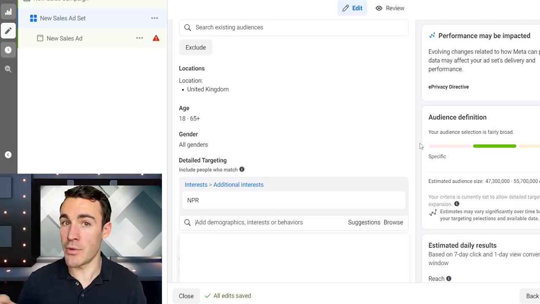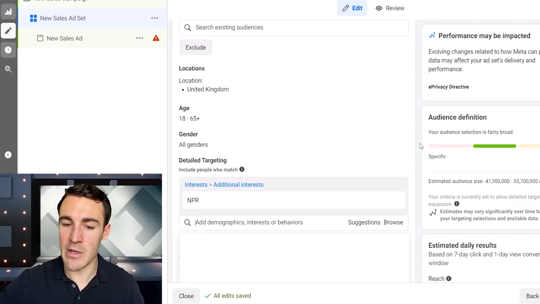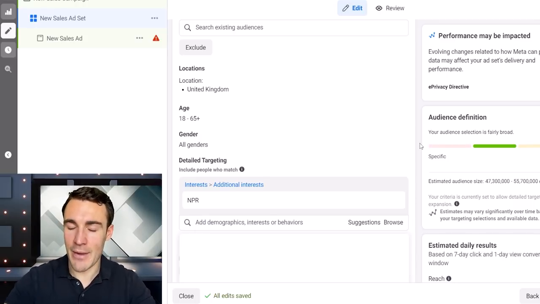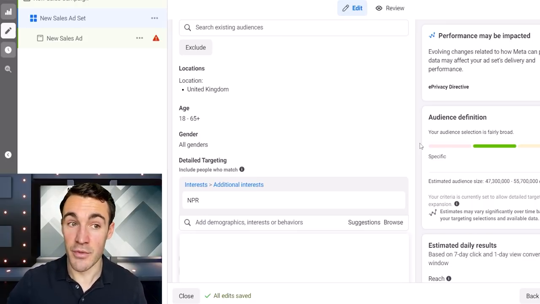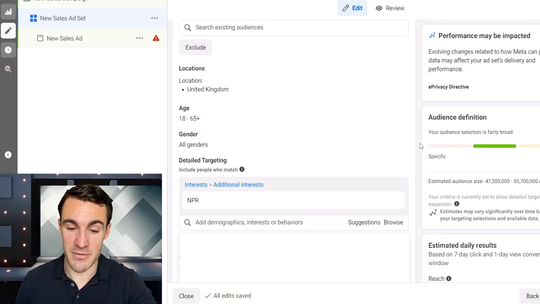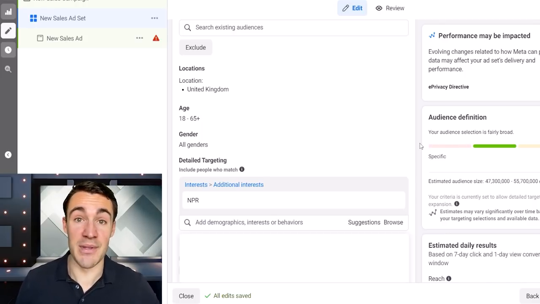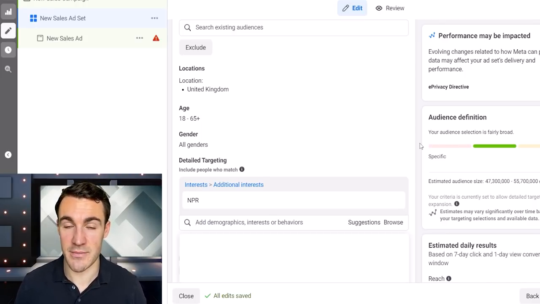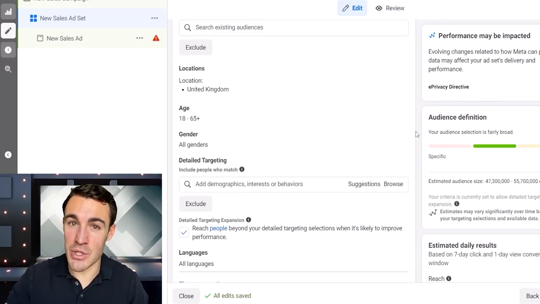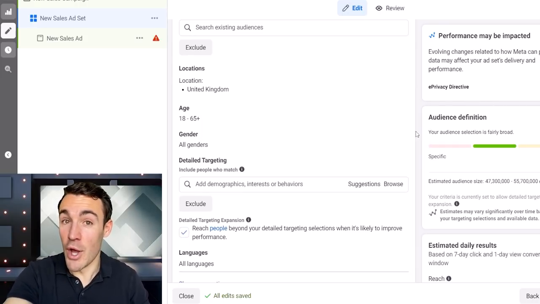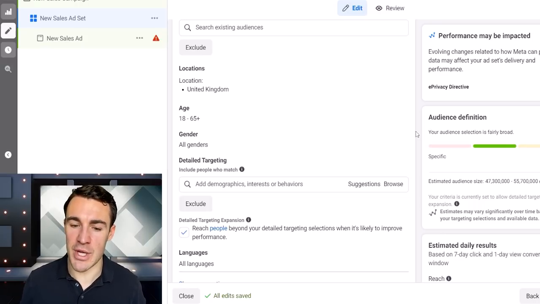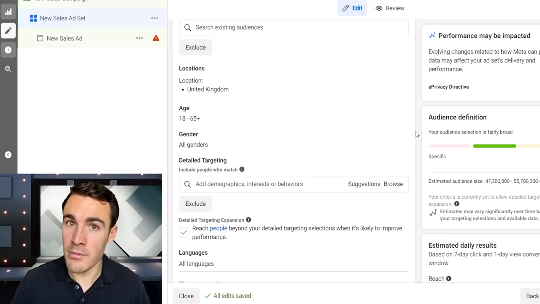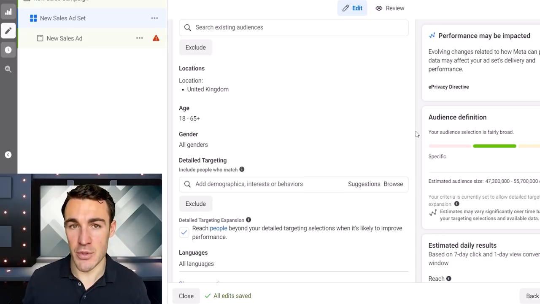And if you know your audience well, you know what media they consume, definitely worth creating some ad sets, breaking out a few different options and testing them. You don't have to spend a lot of money on them, but it may just be the solution for your business in terms of recovering results you used to get with detailed targeting options that no longer exist. So if you have found that detailed targeting options that used to work for you really well have been removed, they've disappeared, or you can't really find very relevant targeting options in general, try one, two, three of these potential solutions.